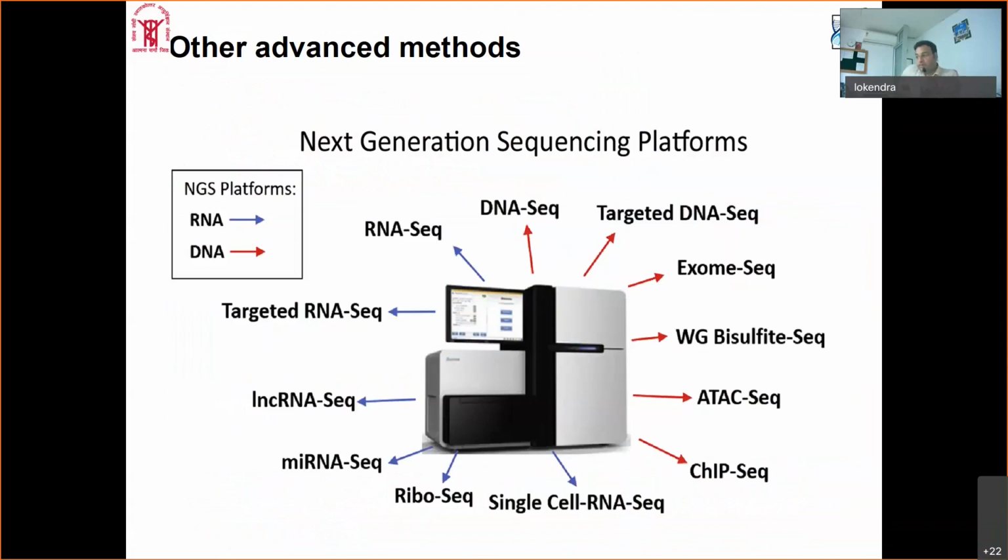So if we go back to the history, the Human Genome Project was, I think, started in 1990, and it went around 12, 13 years. Sequencing the whole human genome took around 13 years, and it cost almost $3 billion. Now, if we compare that time with this time, you can get your sequence within a week or maybe less than a week, and it will cost you only around $1,000 or maybe less.